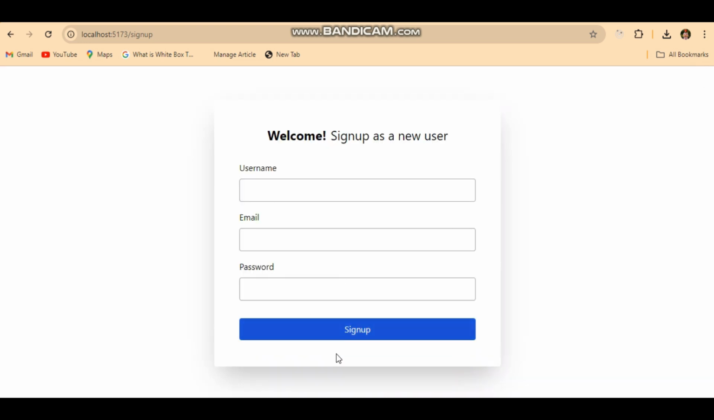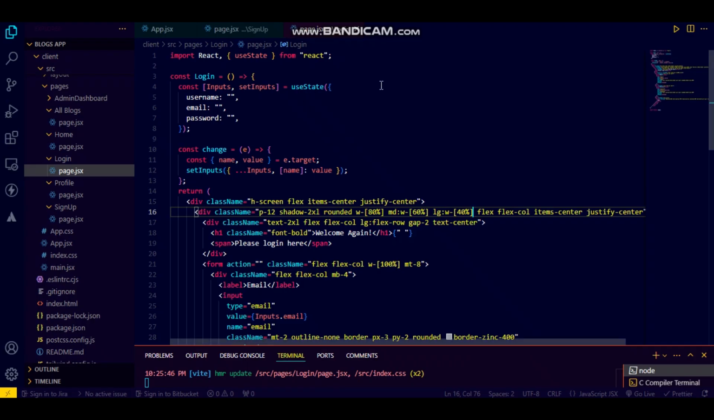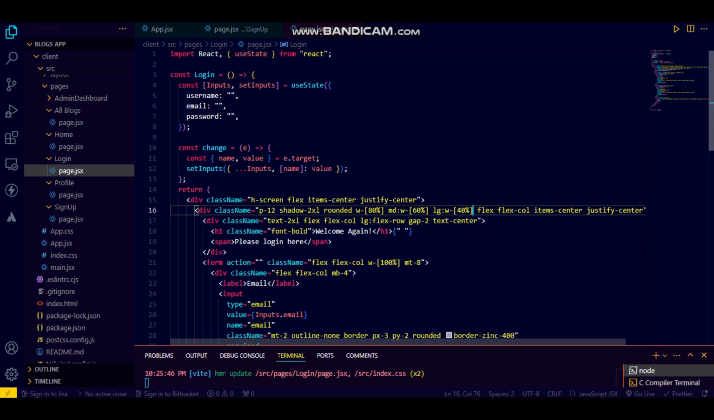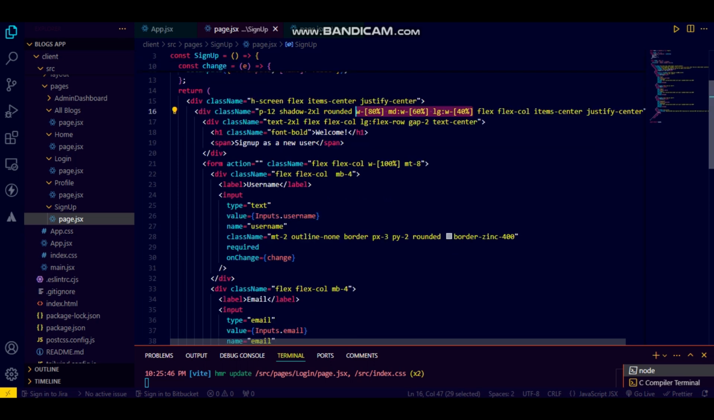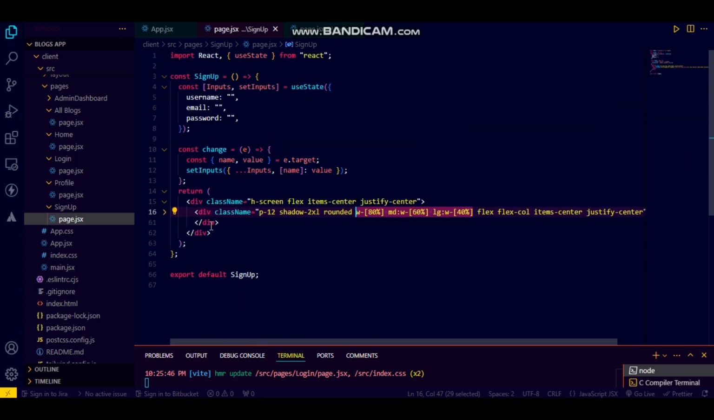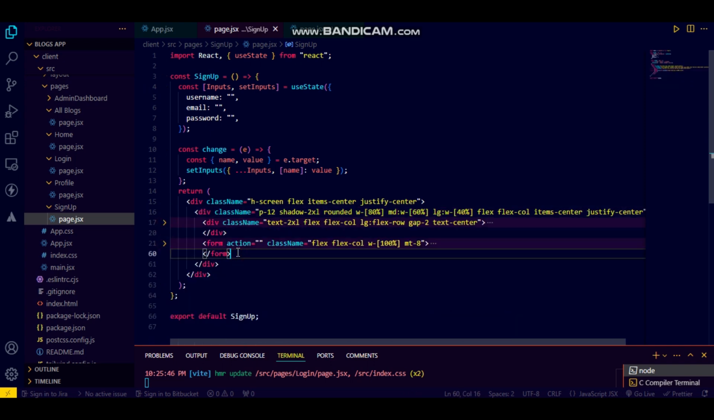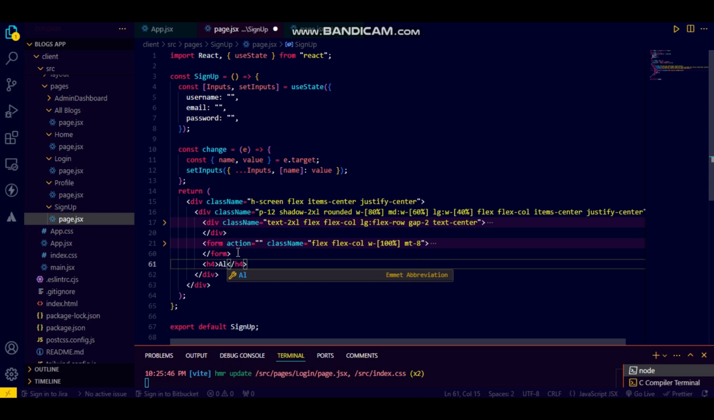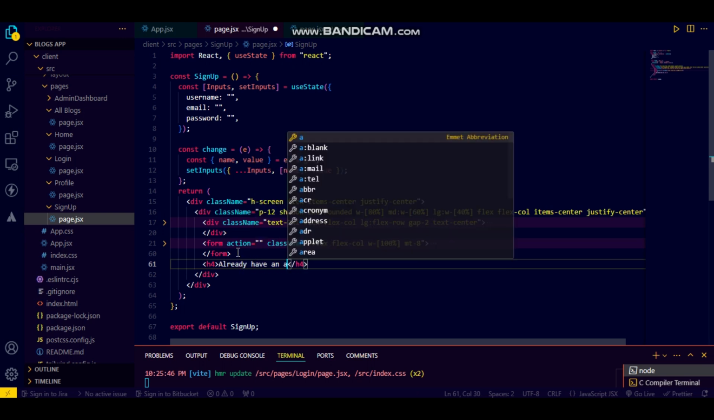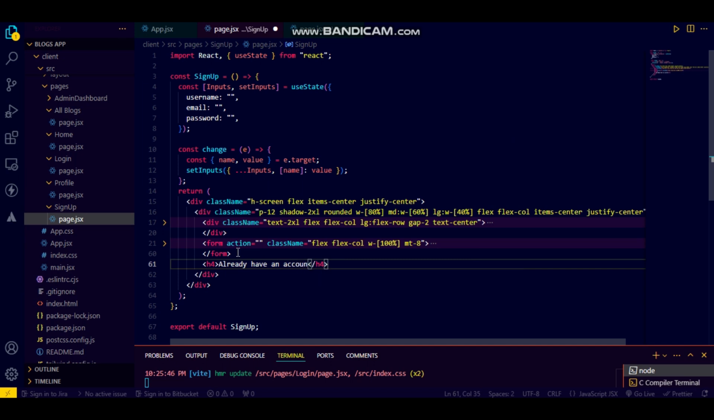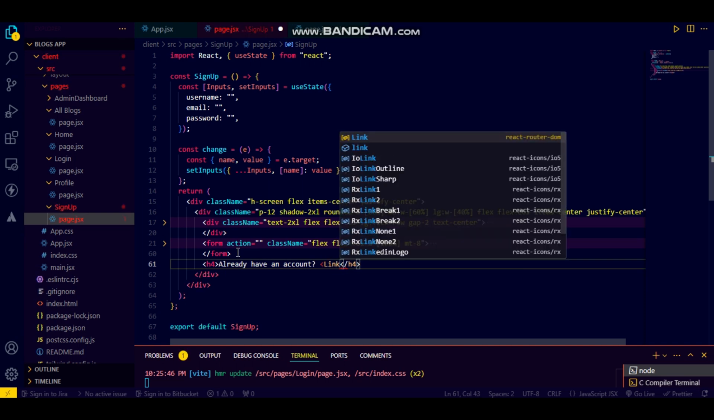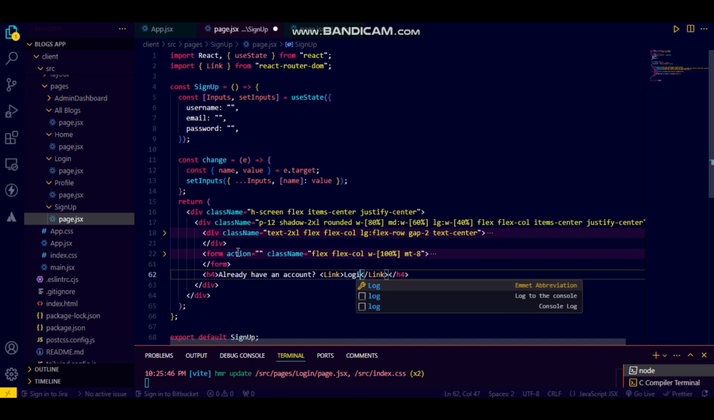And what I want to have, I want to give the links of like, already have an account, just log in. If not already having an account, just sign up. So what I can do, just go to my sign up page. This div is completed, this form has been completed. I want to give some heading here. You can say H4, and you can say it as already have an account. You can say it as a link. Okay, you can say it to login,